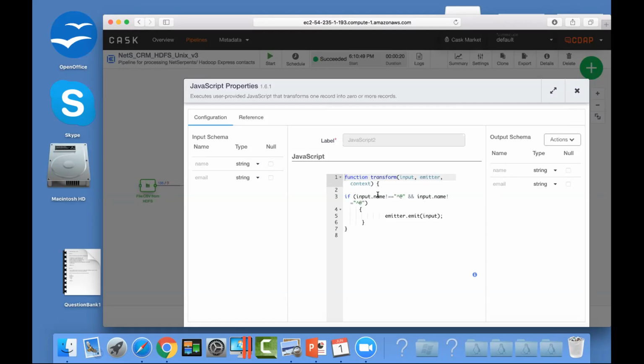So this is wrong here. It's saying name. Again, it's saying name. It should be email at one place and name for the other. Right? So with that